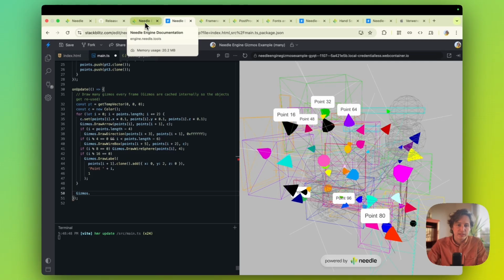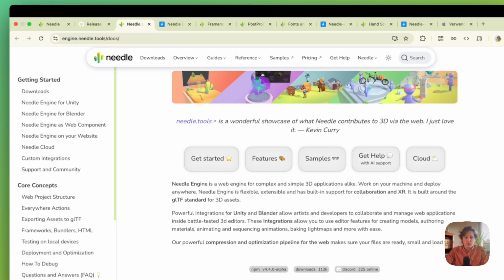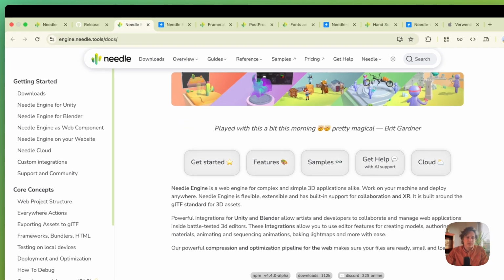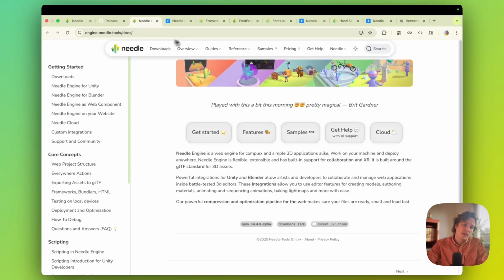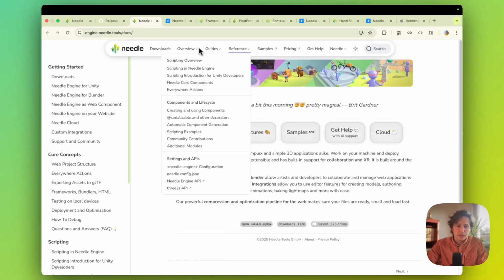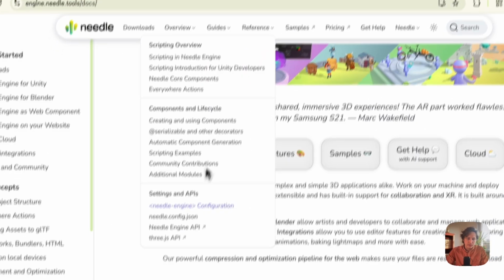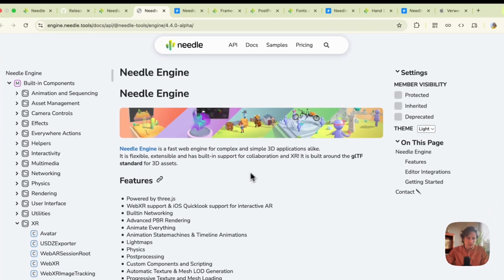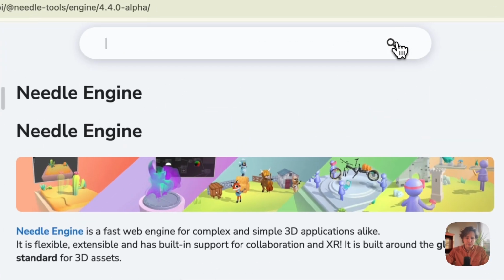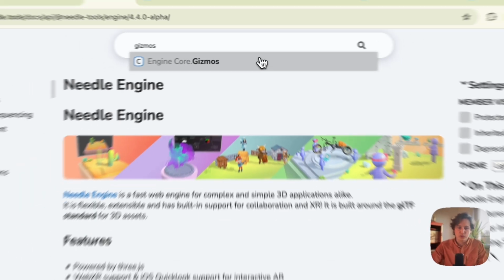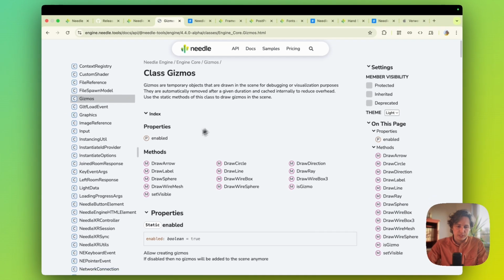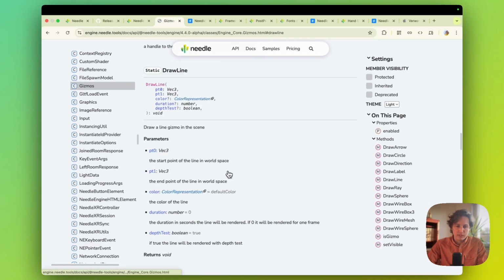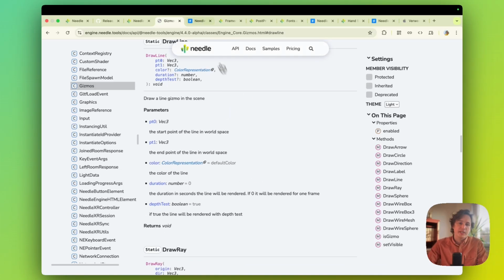We have all of that documented as well in our API documentation that you can always find via our docs page. And then if you go to reference and Needle Engine API, you're ending up in our API docs for the latest version. And if we're going to the Gizmos page here, then we can see that all of these, like drawing lines and so on, now have nice documentation,